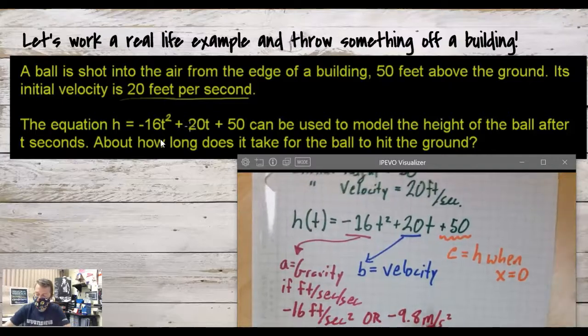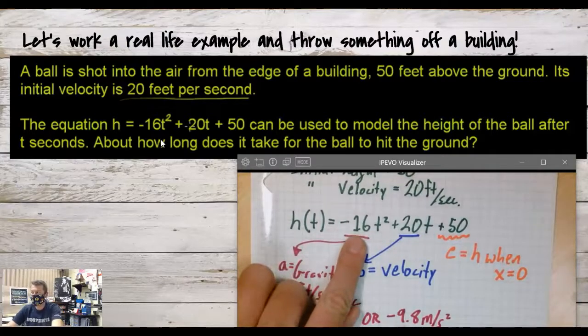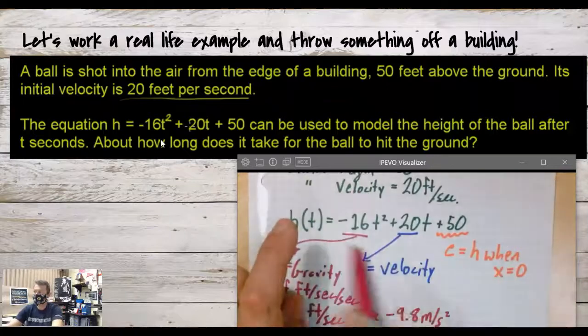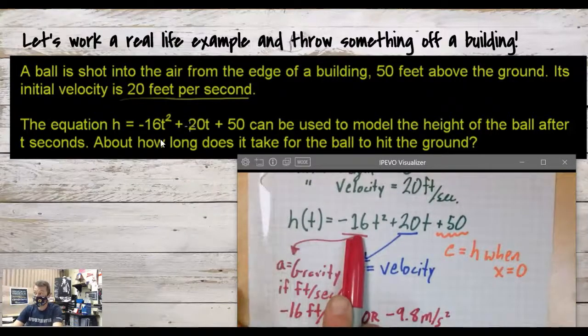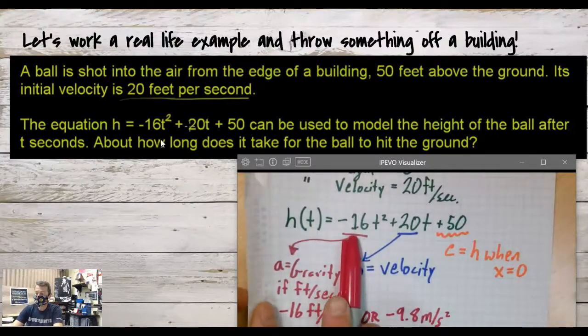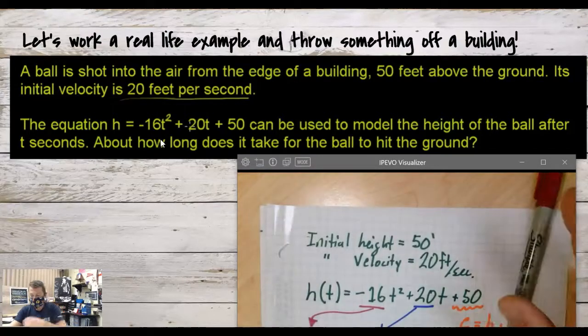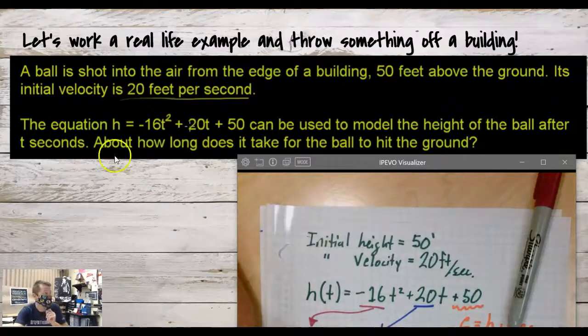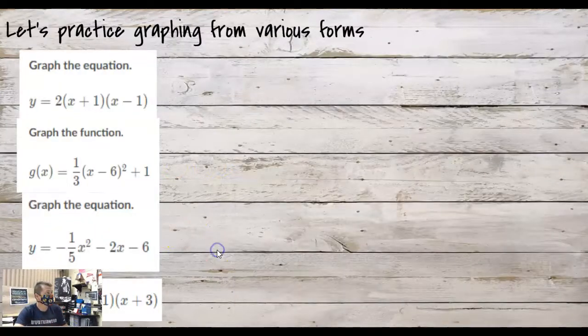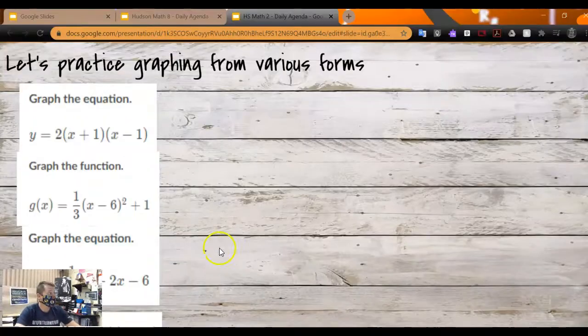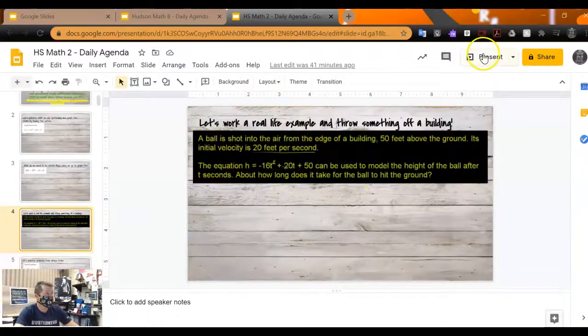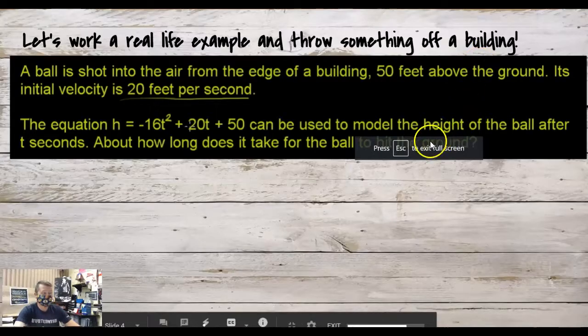So if you see negative 9.8 as a leading coefficient, you know that we're discussing things in meters. If you see negative 16 as a leading coefficient, you know that is using our feet measurements. Oh, let's solve this. My bad. Didn't mean to move on. So if it's asking us,